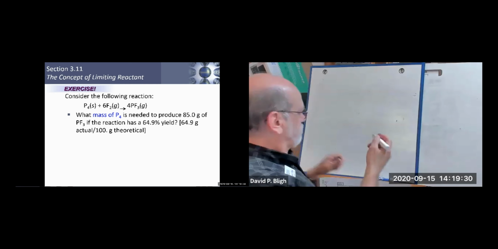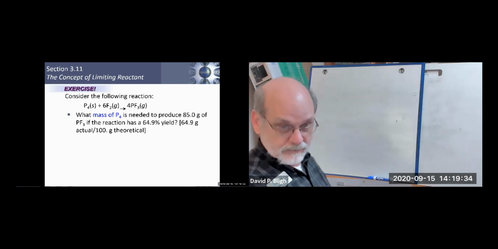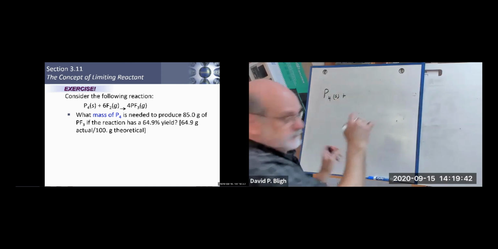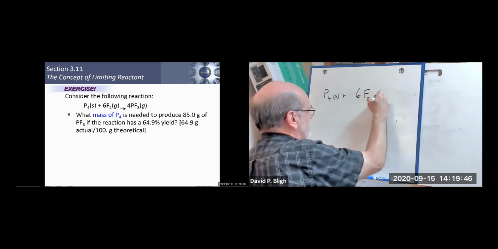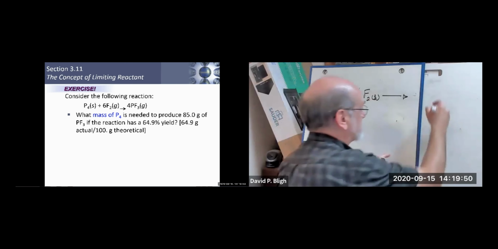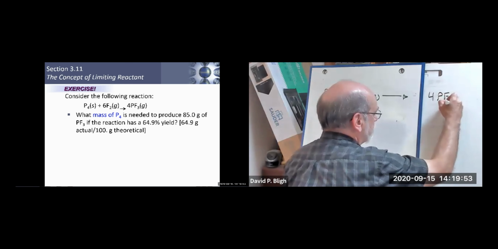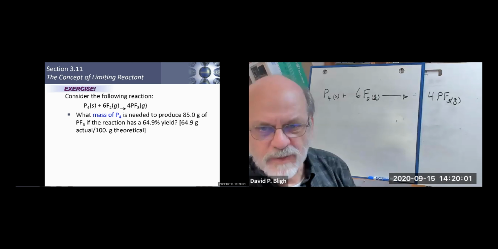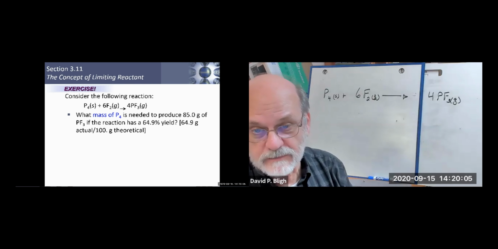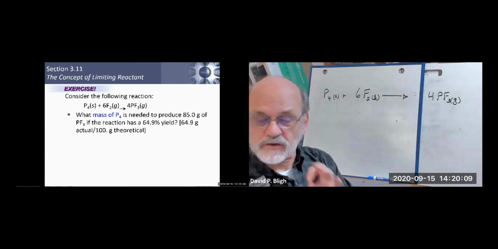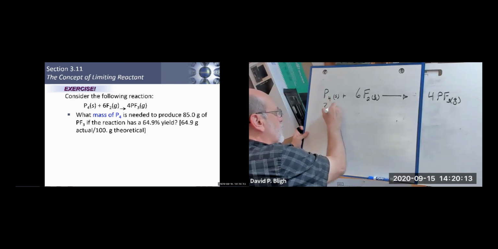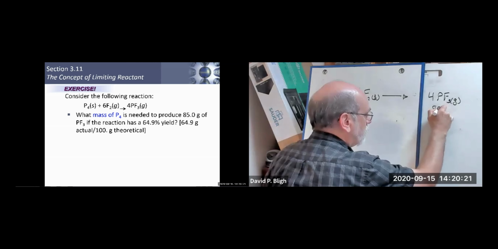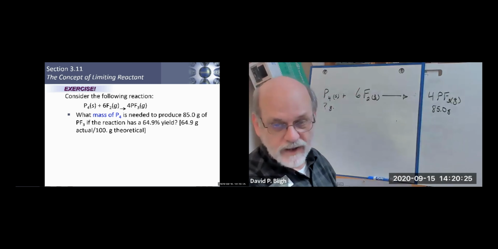All right, the question is, well, let's write the equation first. And trust me, it's balanced. So P4 plus F2 gas yields, and I'm going to write the product over here. There we go. Spread it out. The question is, what mass of P4 is needed to produce 85 grams of PF3? That's the first bit of information. The question is, what mass of P4? So that's what we want to know. What mass of P4 is needed to produce 85 grams of PF3? Right? 85 grams of PF3,